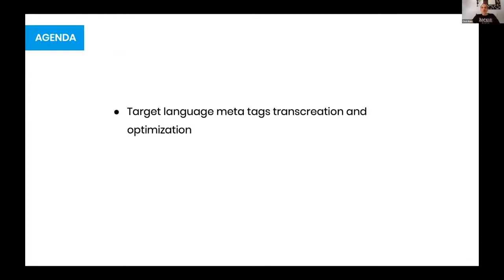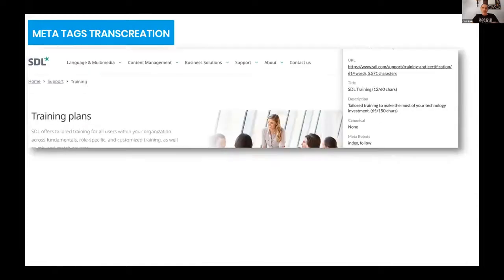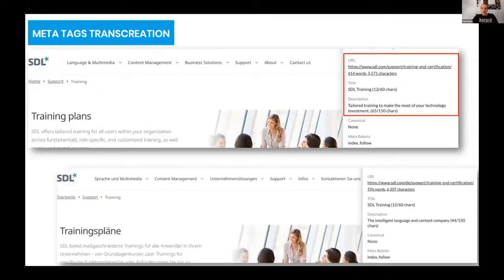All right, so now we have transcreated the keywords. Let's transcreate the meta tags. I had to do a little bit of digging, but eventually I found on the SDL website a not so great example. Most of the pages are done very well, but as you can see there, the title tag is too short, the description tag is too short, and shockingly, on the German equivalent of this page, the meta tags have been left in English. A major no-no and should be fixed right away. Many other pages are totally fine, so it took me a little bit of time to find this example.